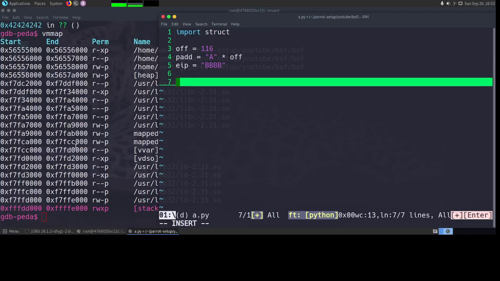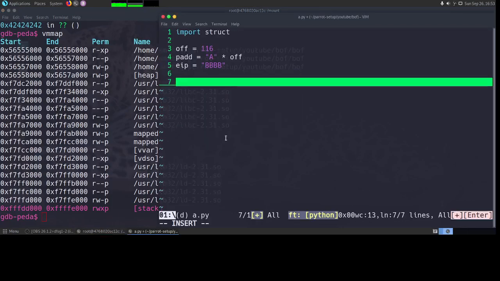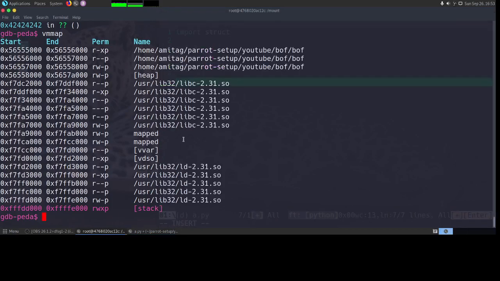Now that we have found all this out, what we can do is write our shellcode somewhere in the stack, since it is executable and writable both. So we can write our shellcode somewhere and ensure that the EIP contains that address. When the EIP contains that address, it will jump to that location, find our shellcode and execute it for us, right? So we can say stack address equals whatever is in the EIP. Now let's examine the memory here.